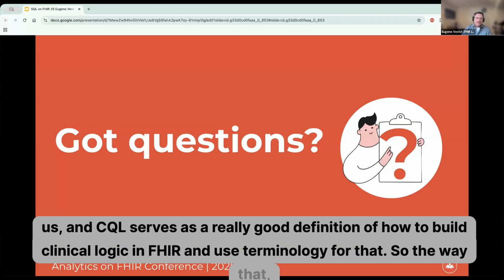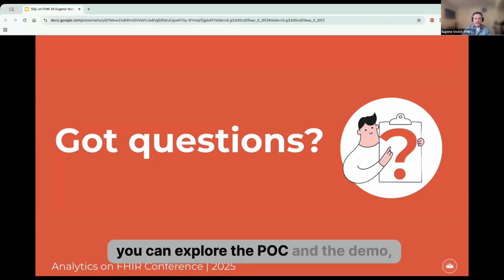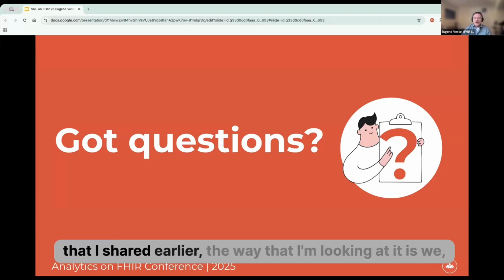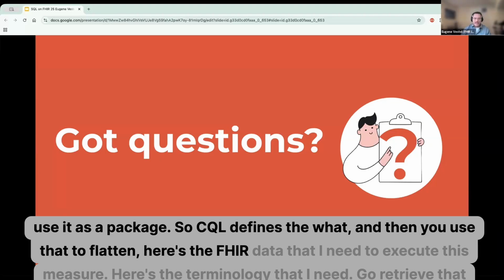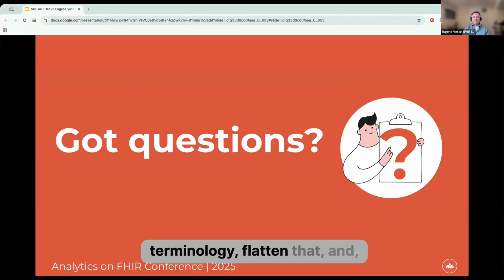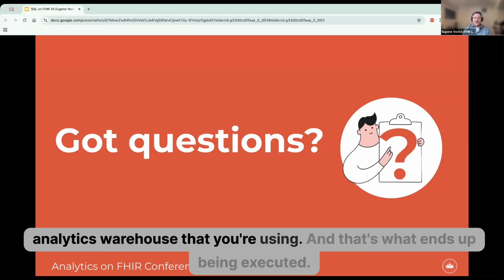So the way that you can explore the POC and the demo that I shared earlier, the way that I'm looking at it is we use it as a package. So CQL defines the what, and then you use that to flatten: here's the FHIR data that I need to execute this measure, here's the terminology that I need. Go retrieve that terminology, flatten that, and store that in your data lakehouse or analytics warehouse that you're using.